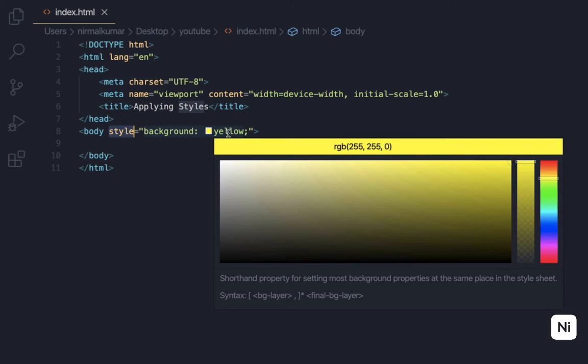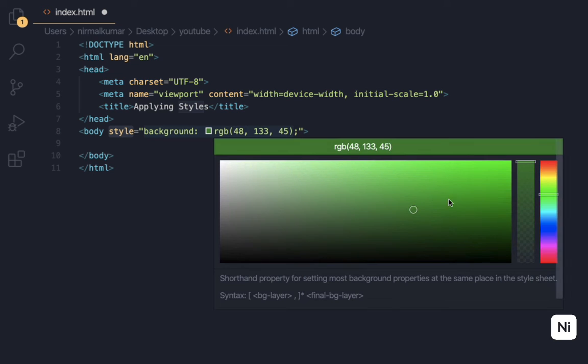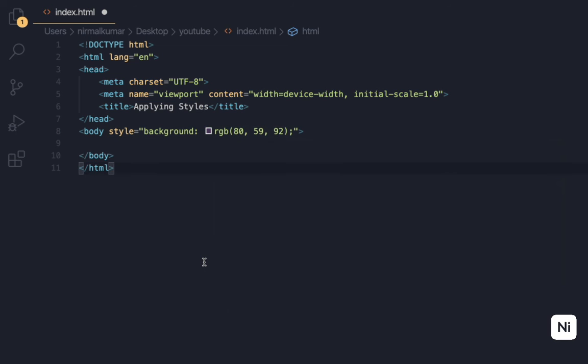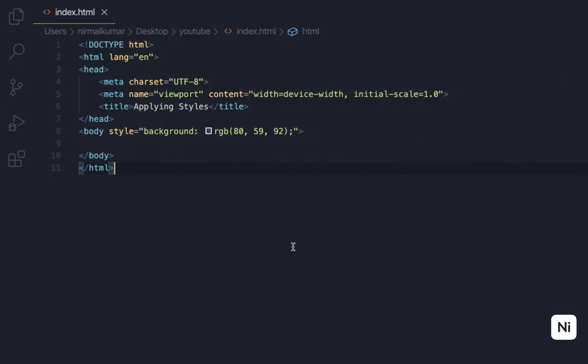Okay, here in Visual Studio Code you can easily pick the color like this. See, automatically it will change. It is very helpful to change the color, and see, purple. You can easily do whatever. Save the file, refresh it, see, and you can also write the hexadecimal code. Save, see.